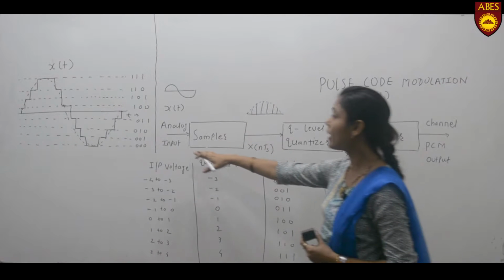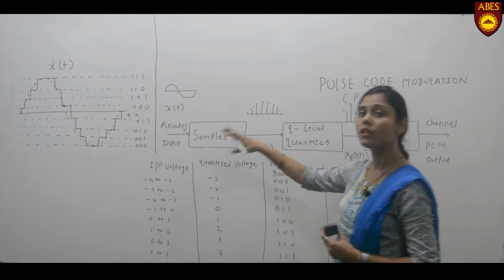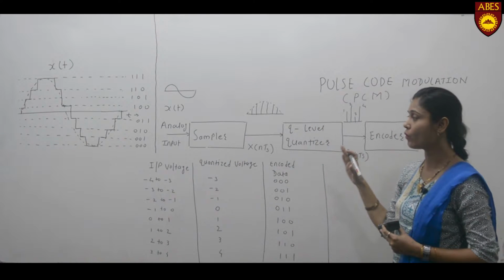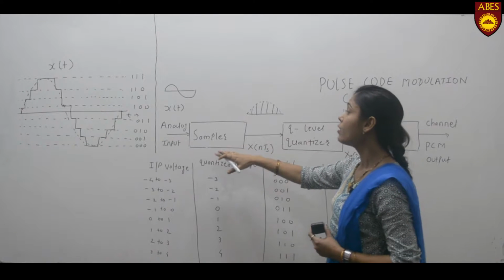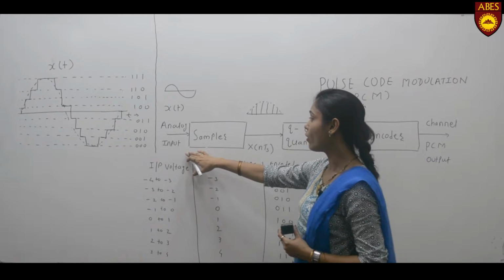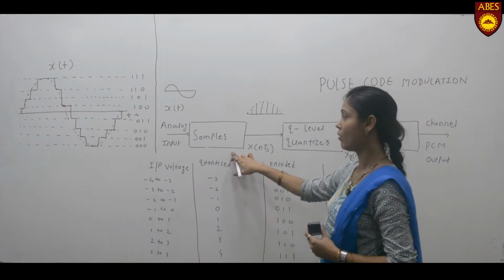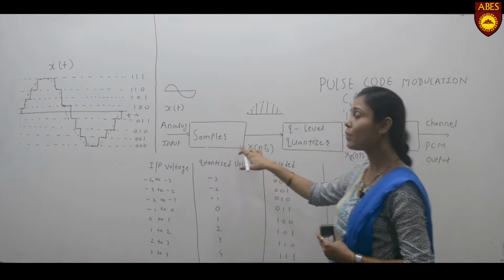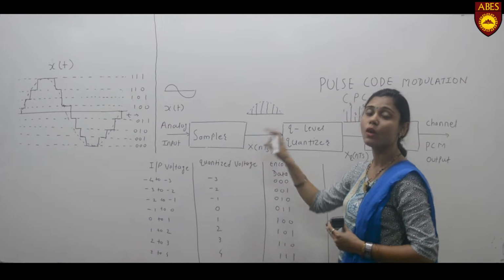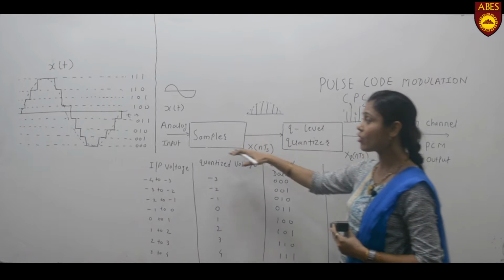Now see, here we have the analog input. For every communication system, the source of information is always analog, that we know. Okay, so here the input signal is x of t, which is the analog one, and now this input signal is applied to a sampler. Okay, now what is the sampler? The sampler is nothing but a device which samples the incoming signal. What is the exact function of this sampling?